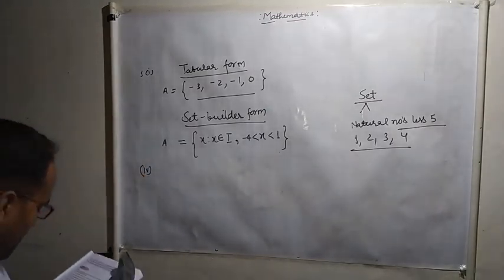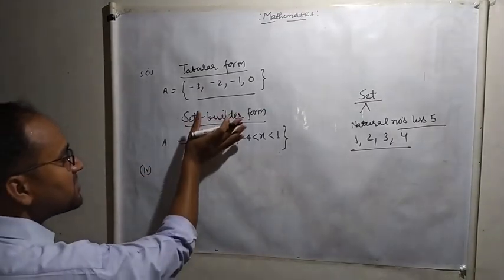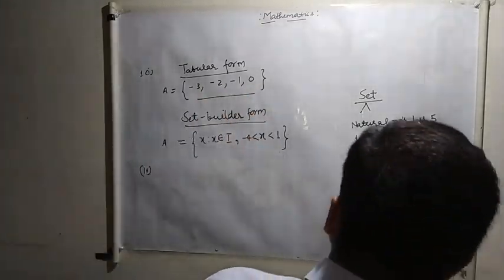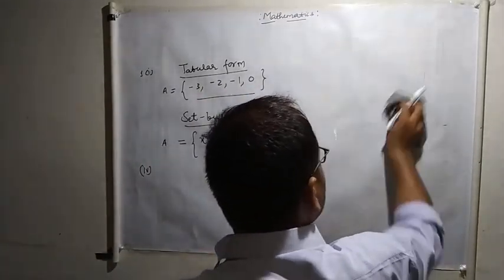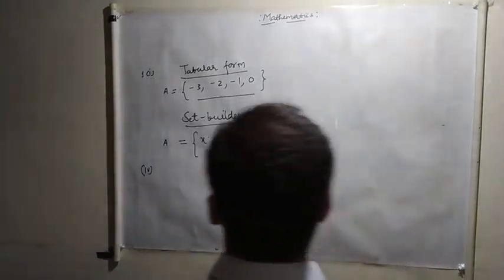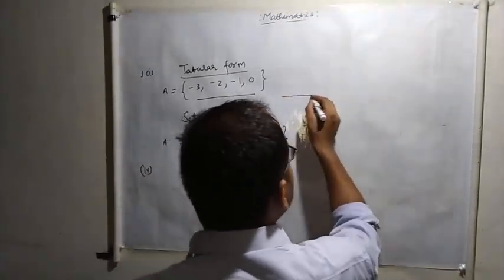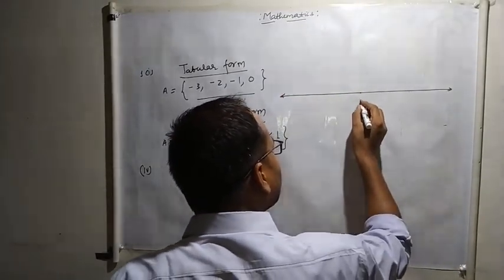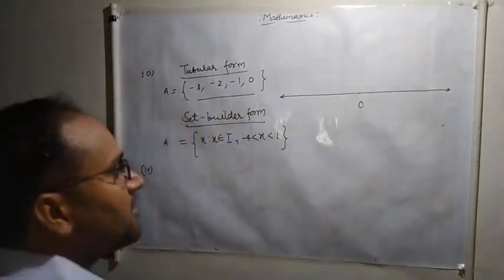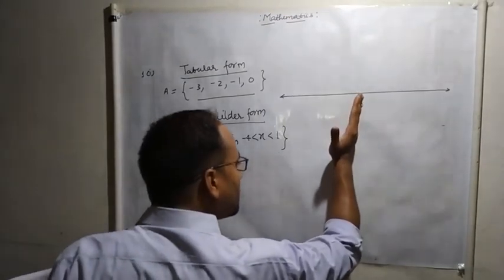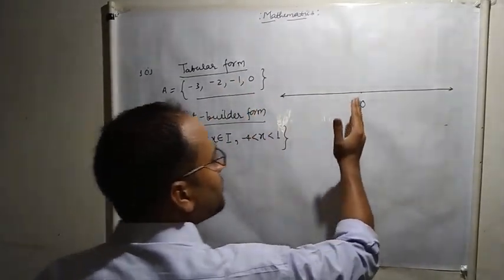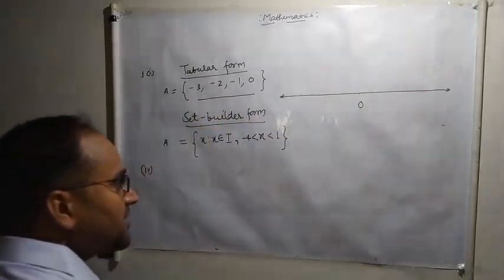Now, that fourth one, I'm going to do question number 4, and how you will represent this information on a number line. It is very easy. Draw a line. On that you will take a 0 in the middle of the line, and then the negative integers you will represent to the left of 0, and the positive on the right of 0.